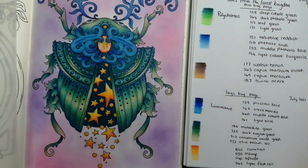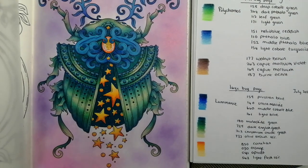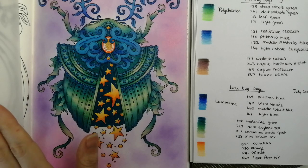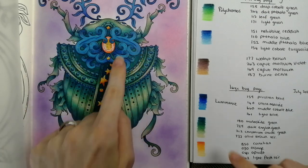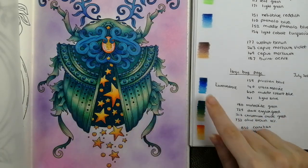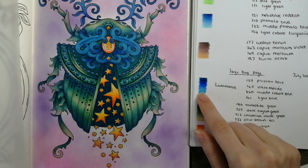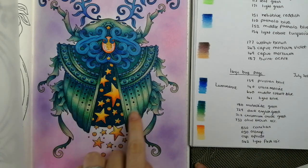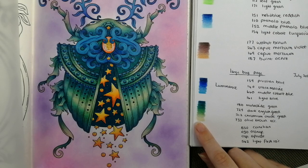Right, last page, and particularly pleased with this one. We have all Caran D'ache Luminance pencils. So the blue combination you see, let me move this, is 159 Prussian Blue, 140 Ultramarine, 660 Middle Cobalt Blue, and 161 Light Blue. The green combo is 180 Malachite Green, 729 Dark English Green, 212 Chromium Oxide Green, and